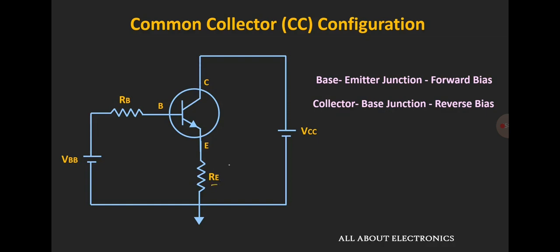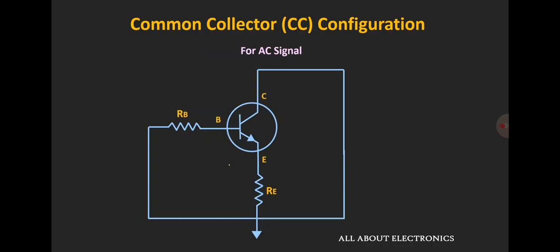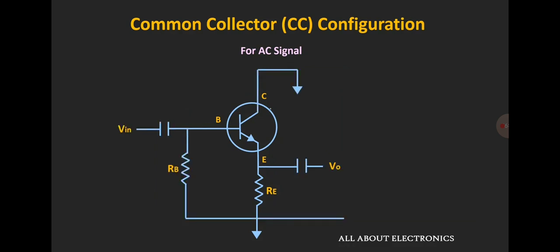But when we talk about the AC signals or during the AC analysis, all the DC voltage sources are considered as 0. That means during the AC analysis, this collector terminal gets grounded. Now when we apply the AC signal at this base terminal and when we measure the output at this emitter terminal, then we can say that the input is applied between this base and the collector terminal and the output is measured between this emitter and the collector terminal. So this is how the AC input signal is applied at the base terminal and the output is measured at the emitter terminal. And if required, the load can be connected over here.